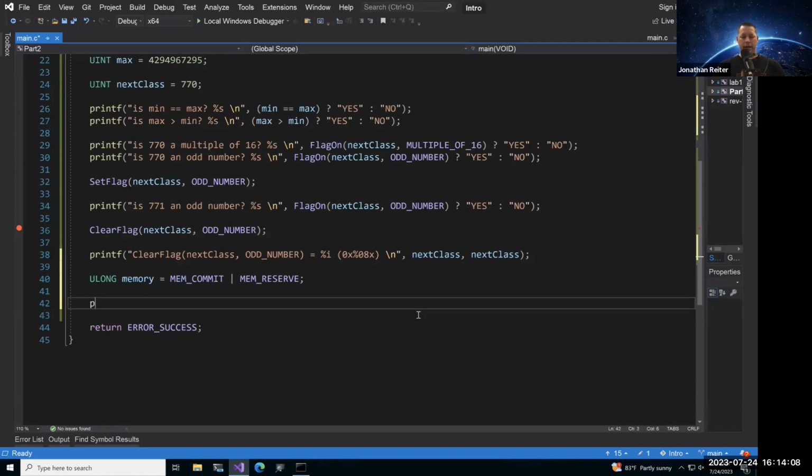Okay, so let's go ahead and test that out. So make another printf statement here, and we're going to say, hey, is memory being committed? So, question mark and %s. Do our yes, no thing here, testing for flag on.